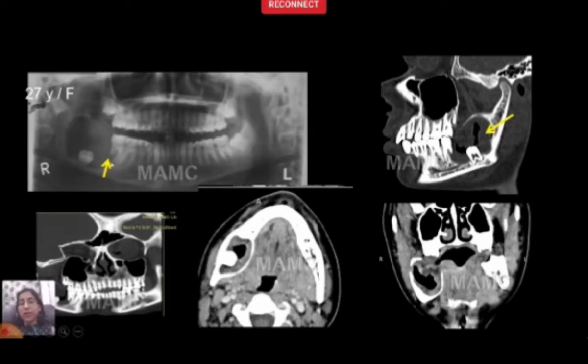So keratin within gives you higher HU, about 40, 50, 60 HU, and there is no enhancement on this CT. Enhancement can be better seen on MR, and it may show a thin or sometimes even a slightly thicker wall to it. But an additional feature that MR helps us with is the diffusivity of the lesion. So on diffusion, the fluid content of the lesion shows a restricted pattern.